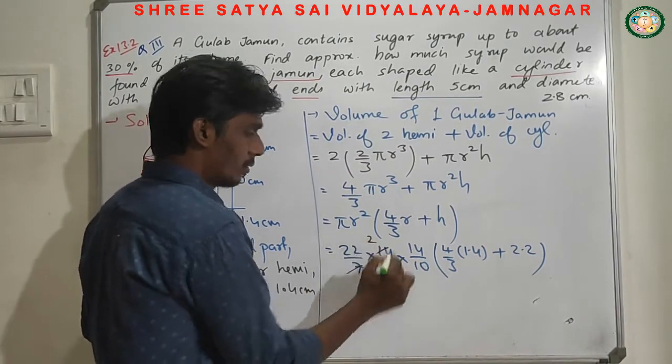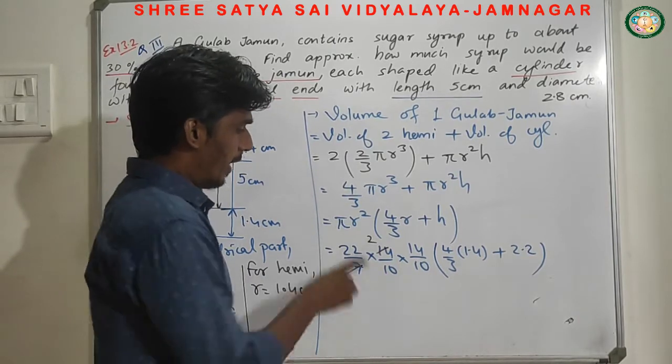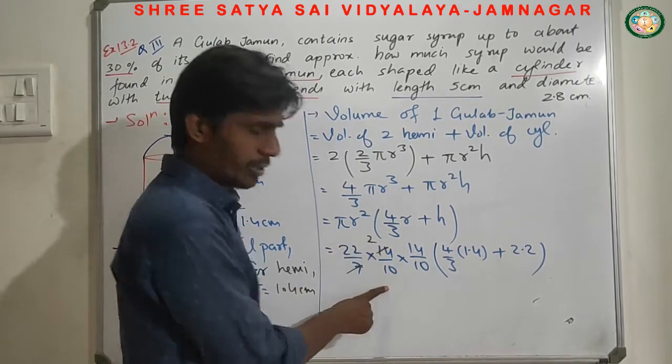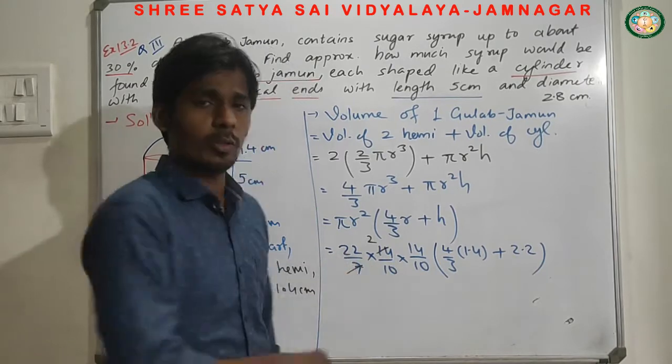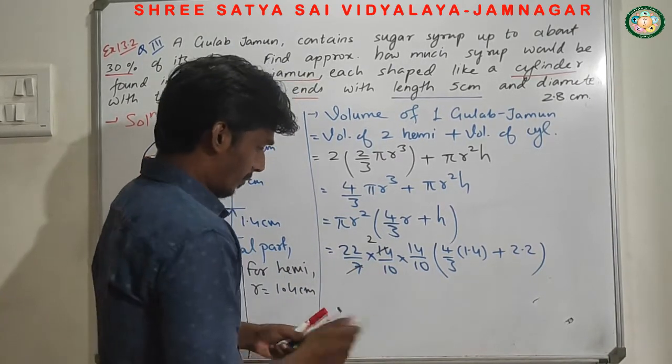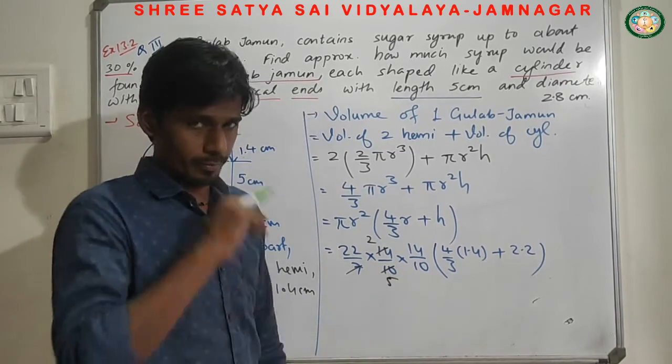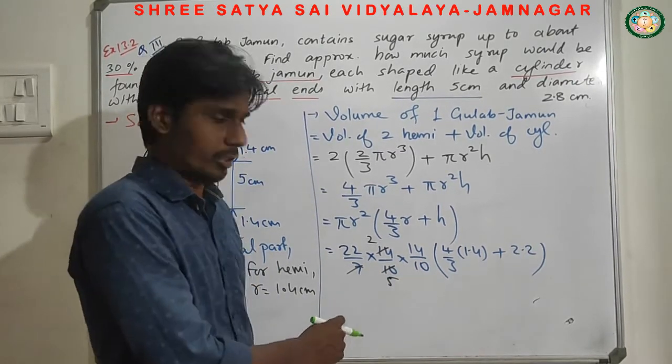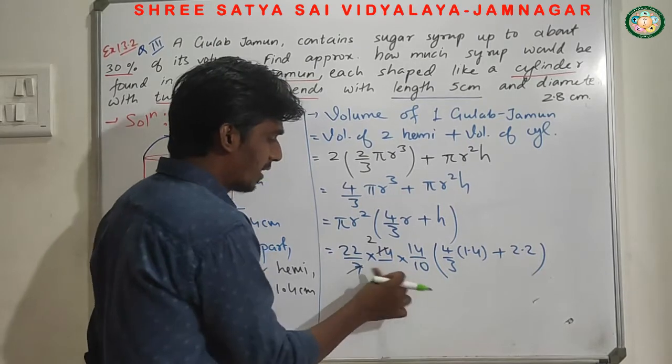So whatever is easily reducible, we will reduce it. It's 7 2s are. Now I know that 2 will reduce 10 5 times, but I am not going to cancel it, because if I cancel this one, I'll get 5 in the denominator, which I don't want. It's better to keep this as it is.